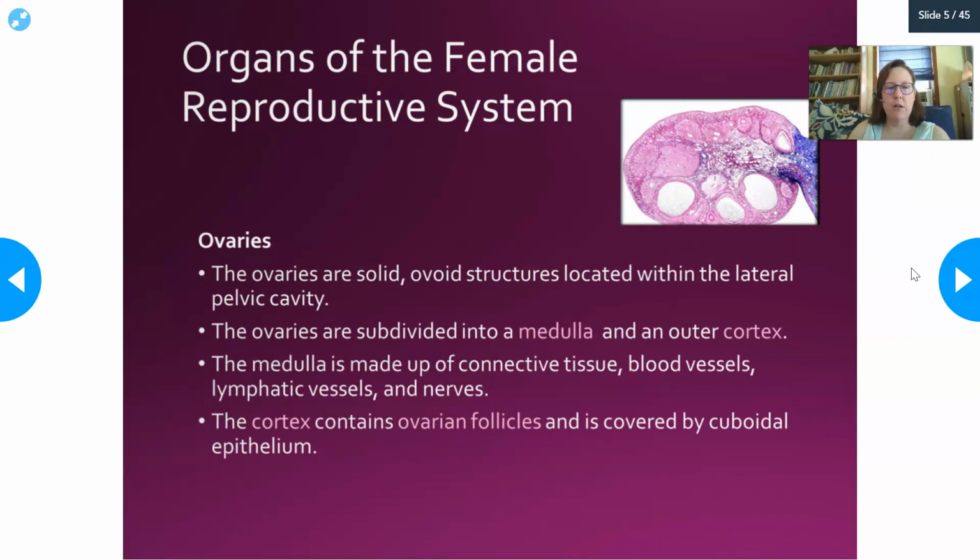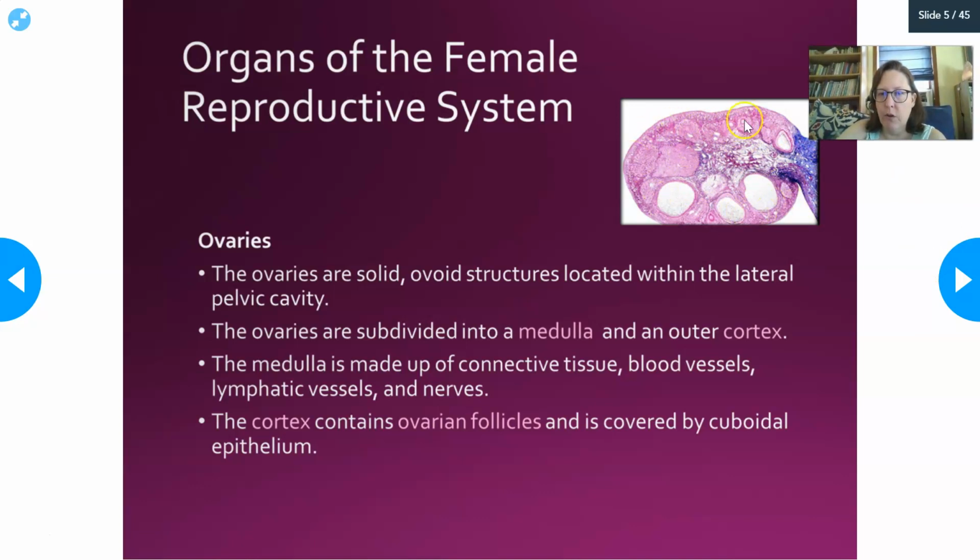Okay, so let's talk ovaries. The ovaries are solid, ovoid structures. They're located within the lateral pelvic cavity, so you have one on each side, left and right. The ovaries are subdivided into a medulla and an outer cortex. The medulla is always in the middle, so right here, medulla, and then the cortex is here where